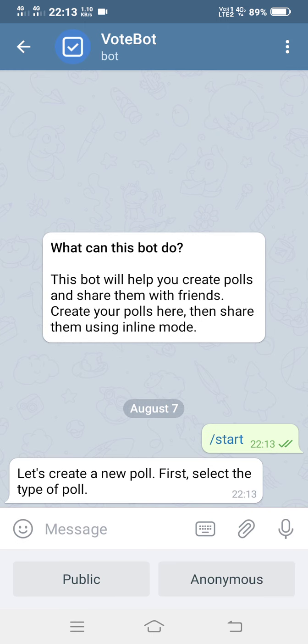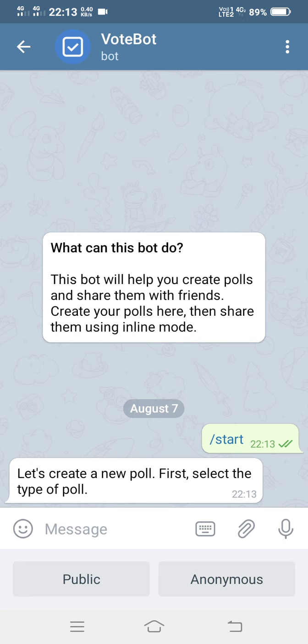Now the fantastic and wonderful feature is we can create a poll in these two ways, whether anonymous or public. If I create an anonymous poll, then I won't be able to see the names of people who have given their poll.